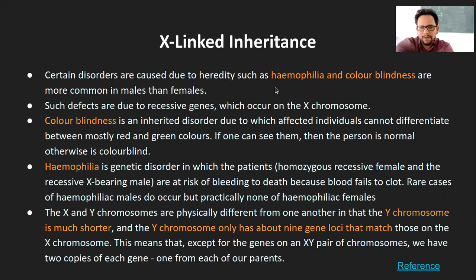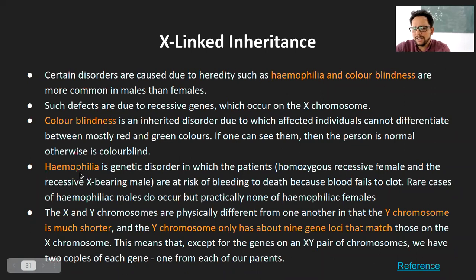Okay, so before we go into this, how does X-linked recessive inheritance work? You already know what color blindness is. The individuals are not able to differentiate between red and green color due to certain changes in the retinal protein structure. The retina absorbs certain light and gives out certain wavelengths which are perceived by the brain. But because this recessive allele is present, which is not functioning properly, certain retinal proteins are changed, so they are not able to differentiate between red and green color, and that is how color blindness is caused.